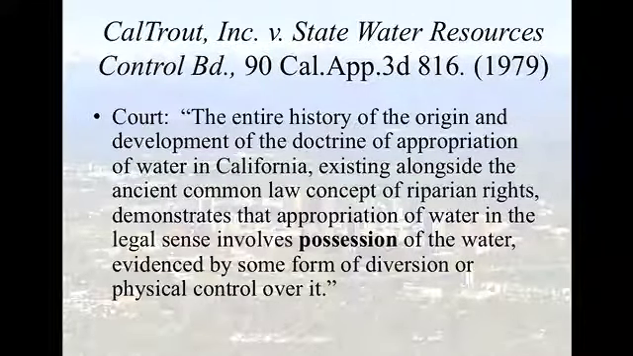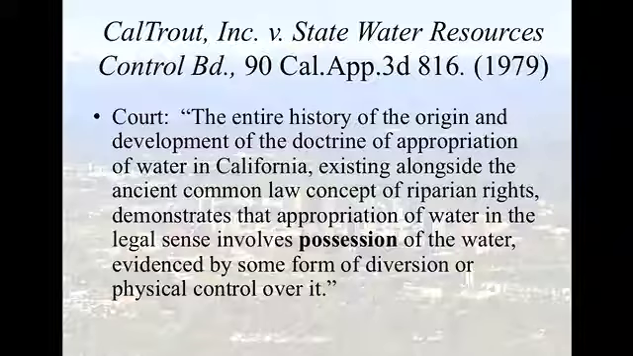So there's a nice case on this point. It comes out of California: Caltrout Incorporated versus State Water Resources Control Board, a 1979 case. Caltrout was trying to protect in-stream uses, and so they were trying to buy water rights or get water rights to keep water in the river, to keep the fish in the river happy, healthy, able to be caught by all of their stakeholders. And the court says the entire history and origin of the development of the doctrine of appropriation of water in California demonstrates that